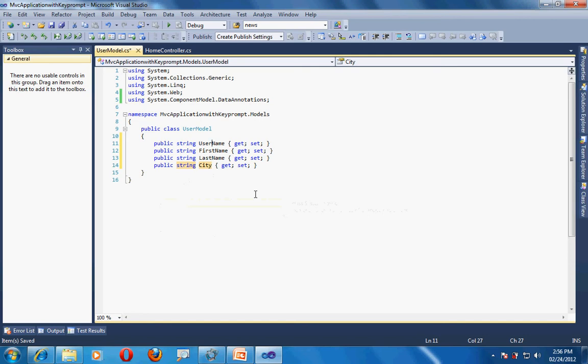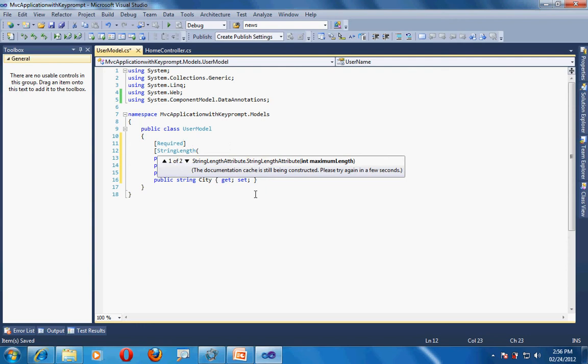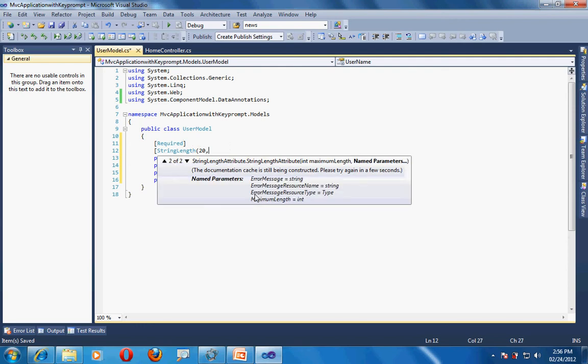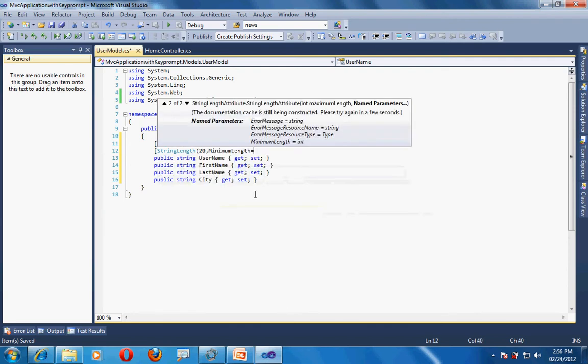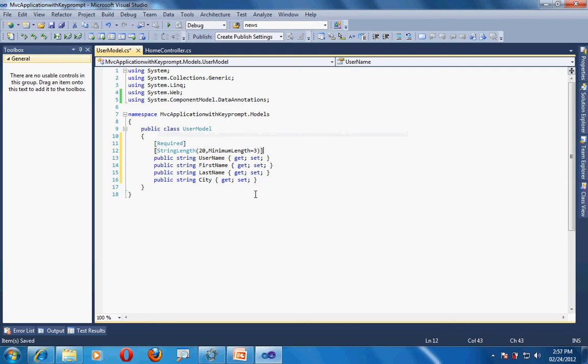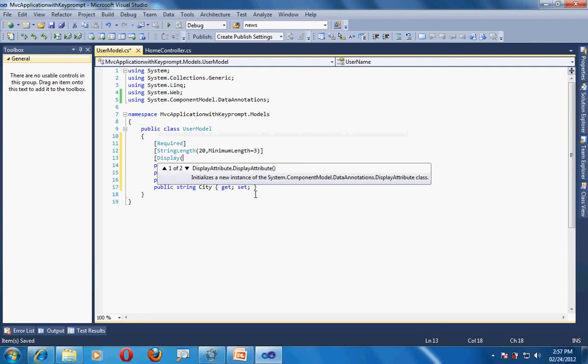And now if I want to implement some validations on the username, so if you feel that this should be required, you will just put in the square bracket required. If you want to fix the string length here, I will define the maximum length like 20, and the minimum length is equal to 3, like this. And I can just use the display as well. So display that I want name is equal to